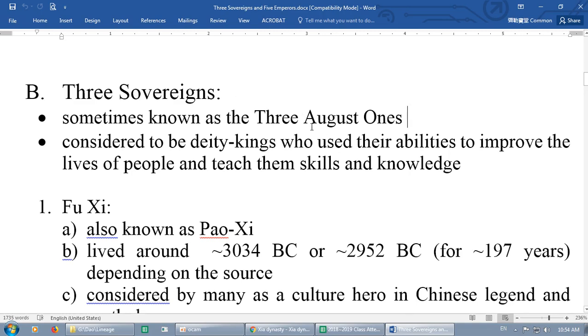So Huang means august, means great, magnificent. And also these 3 sovereigns, some of them are almost like deity kings. I won't say non-humans, but they're like gods, similar to the ancient mythologies of the West, such as Greece or even Mesopotamia,